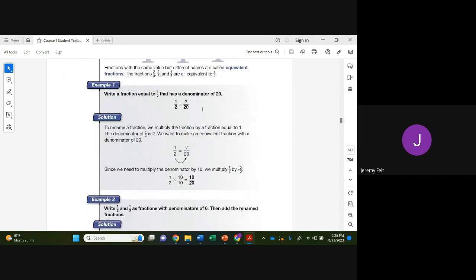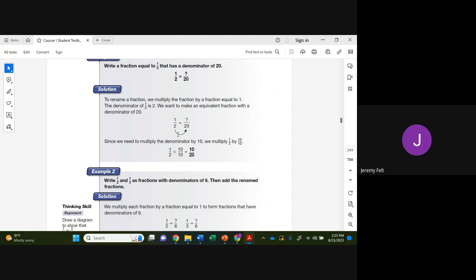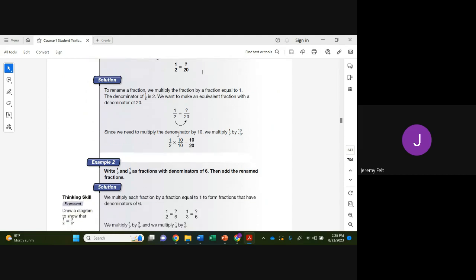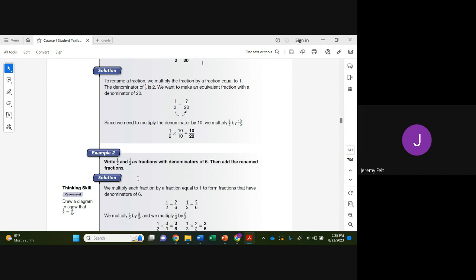And down the road, as the numbers don't always work out that nice and clean, we have another method which is called cross multiply and divide, or cross product, that we'll work with. But for right now, you should be fine with being able to figure out what you need to multiply by. So, and we'll use this also down the road when we're adding or subtracting fractions. We have to have common denominators in order to add and subtract fractions. So it's really important to be able to do this and make sure we're not changing the value of a